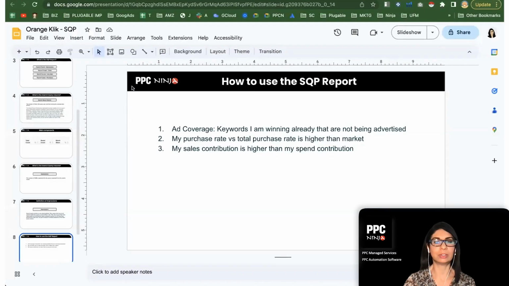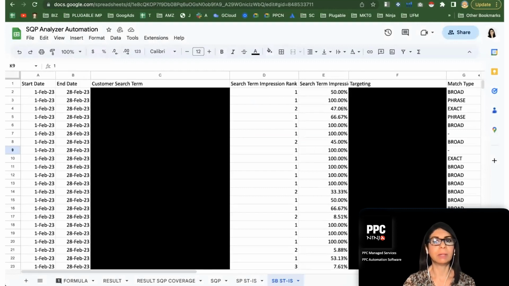So I guess these are a lot of words that need to be explained. So let me just jump into the actual analyzer and show it to you. Now, this is an internal sheet. As I said, we do a lot of micro tools within our agency in order to help our clients. And I've kind of blacked out certain columns because it includes real data. So let me just show you what different components go into this analysis sheet.